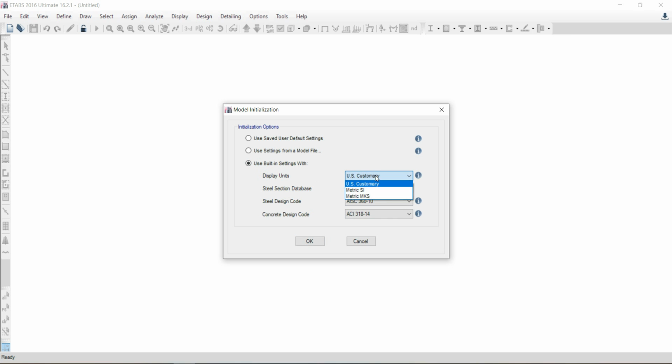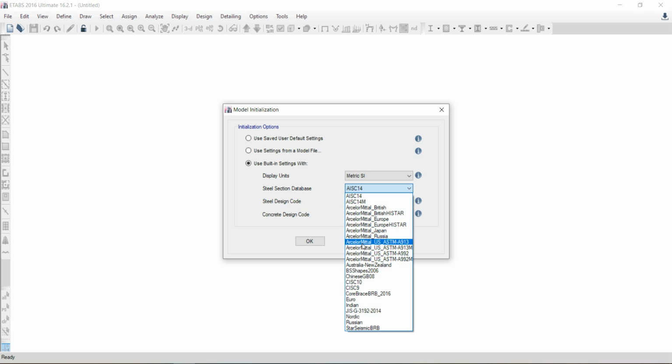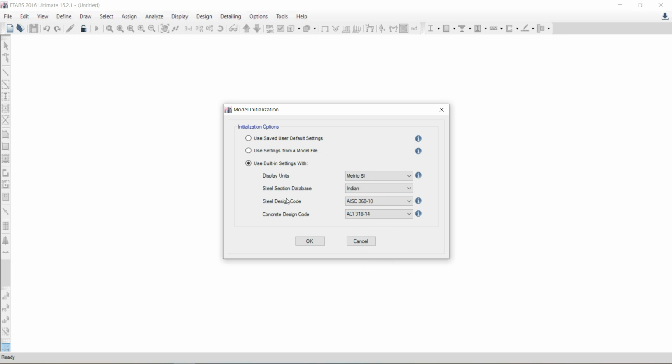Change the display units to metric SI. Select the steel section database as Indian. Select the steel design code as IS 800 2007 and concrete design code as IS 456 2000 and click on OK.